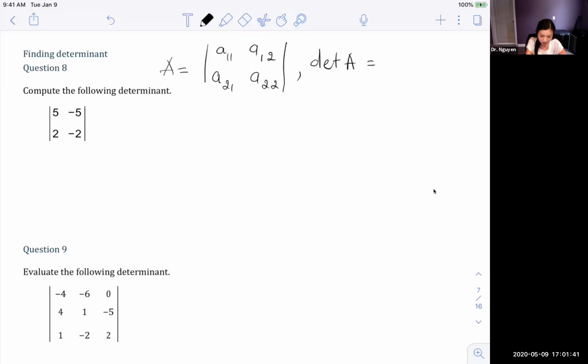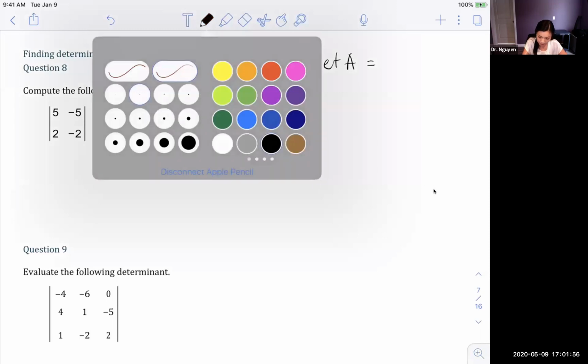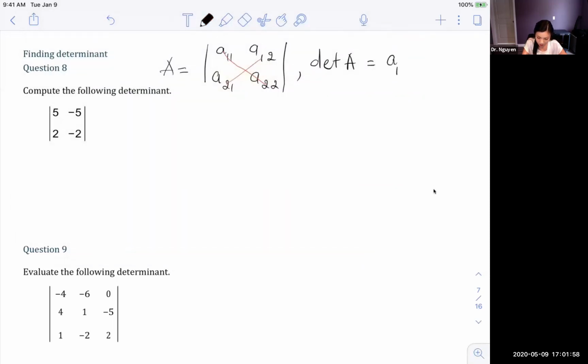You cross like this. A11, A22, and then you subtract A12, A21. So what do I mean by that? I get A11 times A22 minus A21 times A12. All right, so for this problem, the determinant is going to be 5 times -2 minus